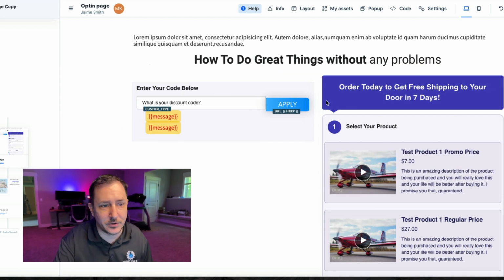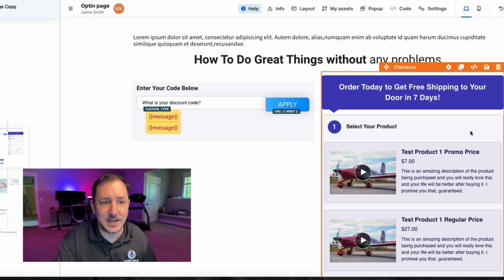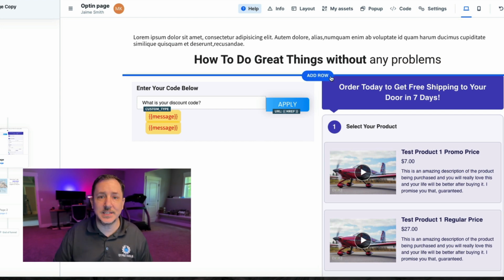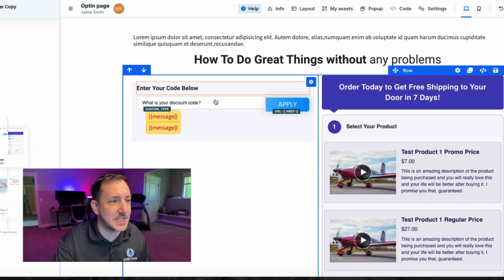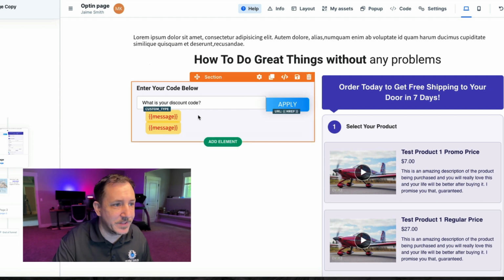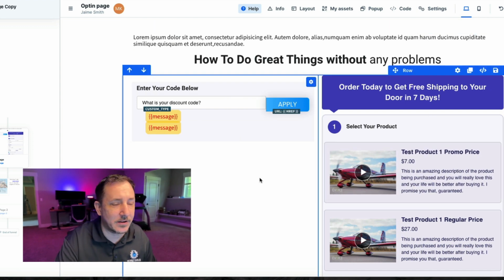I've styled it so that it will match the default color scheme for that checkout element. That's the beauty of this: you guys can style this to match whatever styling and colors you want, and then move this into that checkout element using the Magic Mover add-on